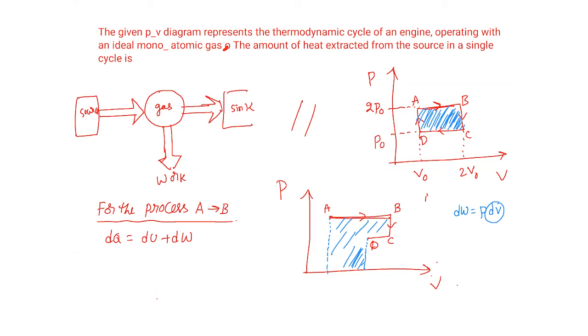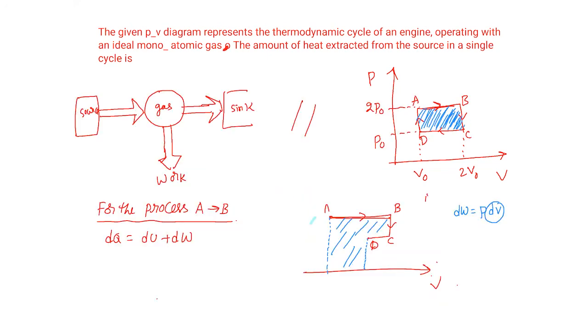Suppose it is not a cyclic process, wherever the initial point may be, wherever the final point may be, see where the initial point is, draw a perpendicular line from the initial point to the volume axis, and draw a perpendicular line from the final point. If it is not a closed curve, always you have to do this. Okay, understood, children? All of you got that clarity?